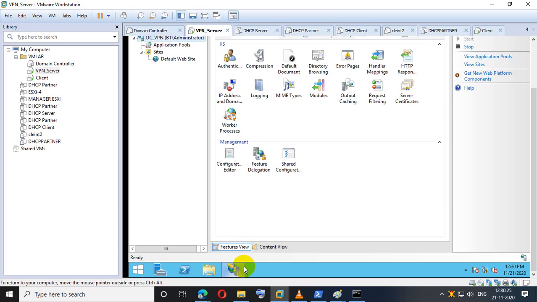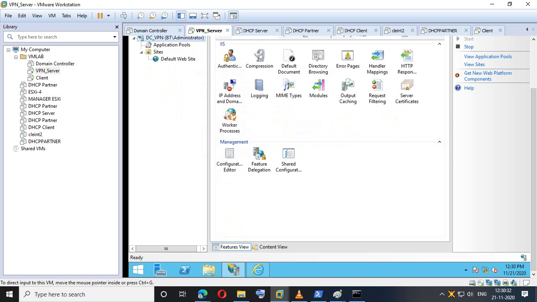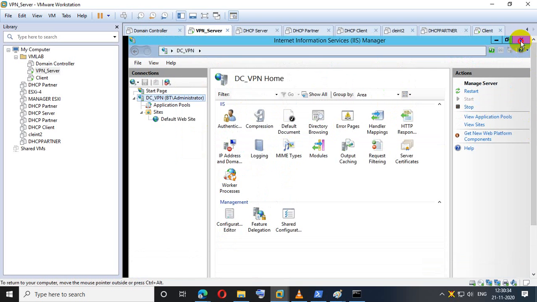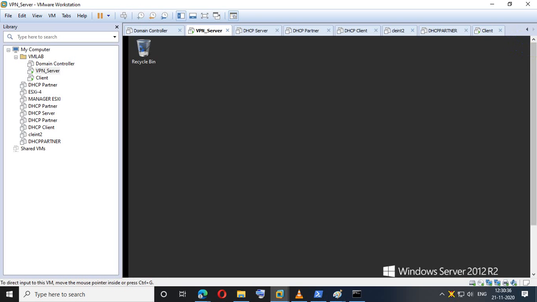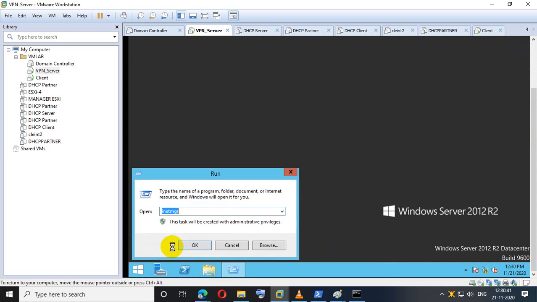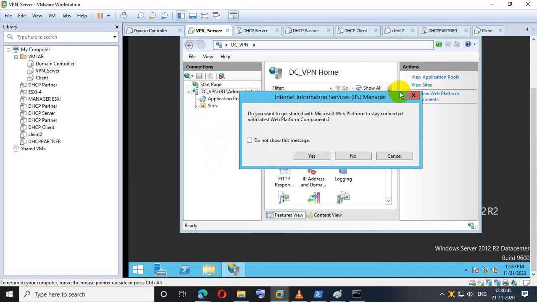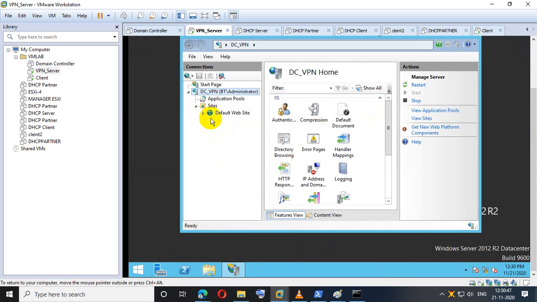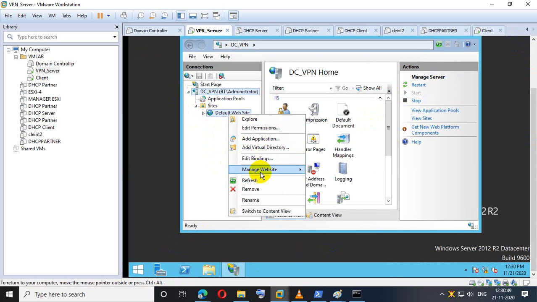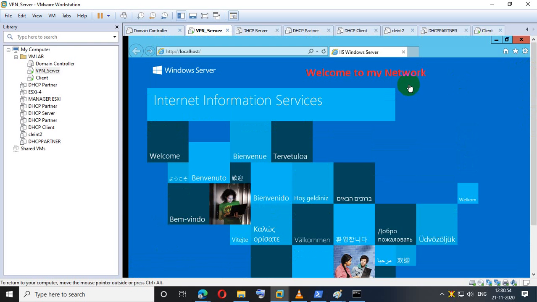If I go to the browser and access it, see, the page is browsing.